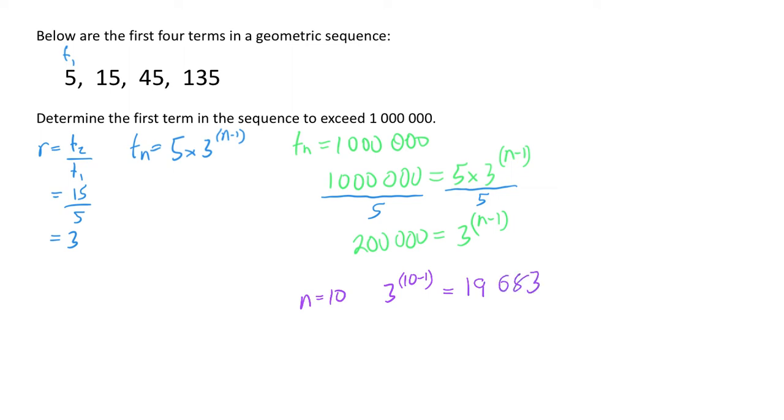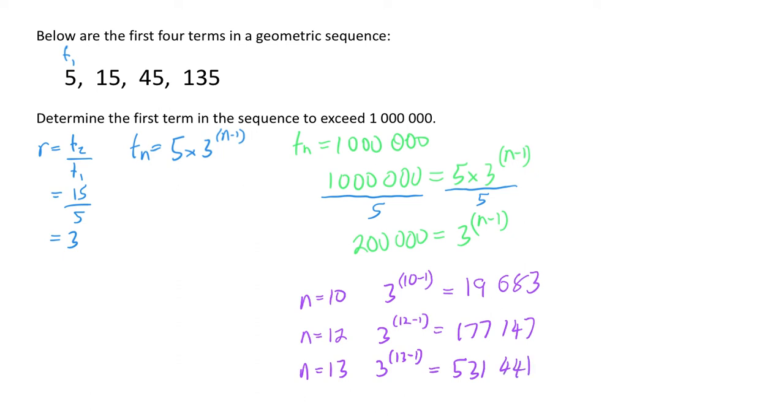That equals 19,683. Since I haven't hit the 200,000 I'm looking for, I can see that I'm a little bit off because I'm only sitting at 19,683. So I might skip a number and go n equals 12. Substituting that in, 3 to the power of 12 minus 1 equals 177,147. I'm getting closer to 200,000, but I haven't quite hit it yet. I think I'm going to be pretty close, so I'm not going to skip a number. I'll go n equals 13, substituting it in, 3 to the power of 13 minus 1, and that's equal to